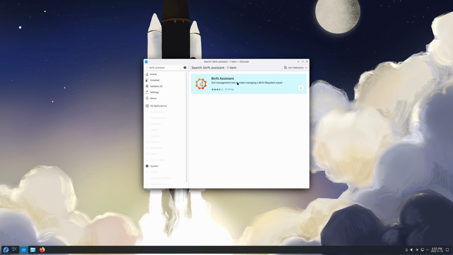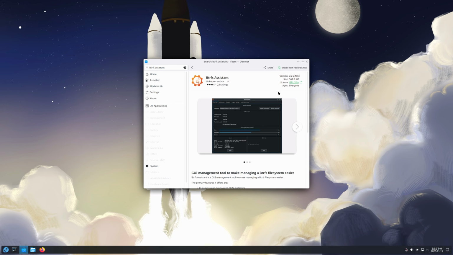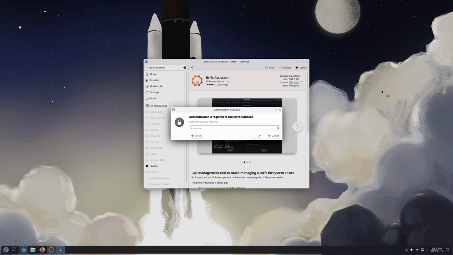On the right-hand side, select the Btrfs Assistant, click on Install from Fedora Linux from the top right. It'll download and install the Btrfs Assistant. Then click on Launch from the top right once that's done. Put in your nice easy password